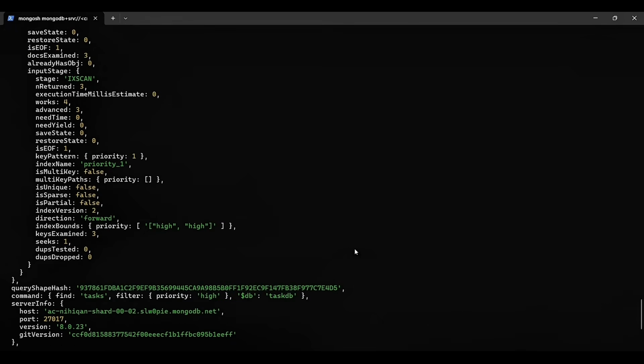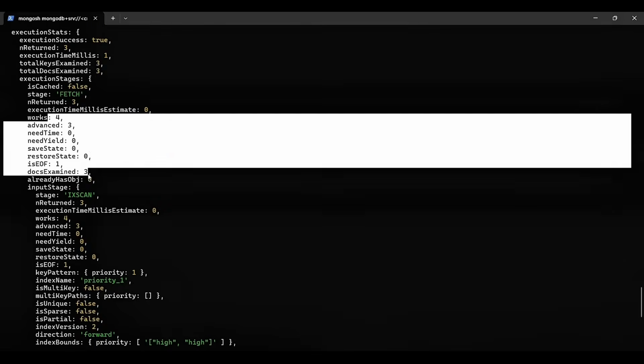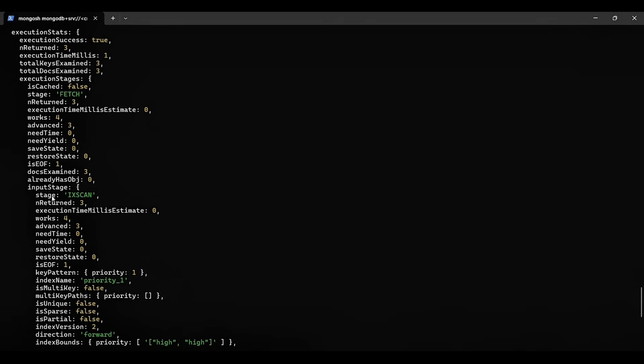Right here in our executionStages, so it's not cached. Cached means it's stored in local memory somewhere. Every time we search for it, it searches in the database. We're fetching, and when we're fetching, we're returning 3 documents, and we're doing all of the stuff that you really don't have to understand. But in our input stage,